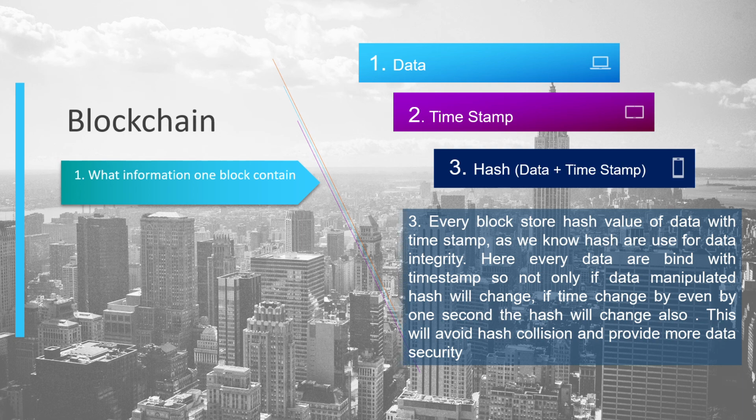So maybe I have a data, now I want to pass it to you. Now the data is very important. Maybe a company information I want to share with you. Now there is a chance some man in the middle attack can happen, and they may be able to tamper the data. Now what you can do is calculate the hash of the data, and share the data and hash separately. Now if the person is able to manipulate the data, you are going to verify the hash. If the hash doesn't match, then you can identify, okay, someone manipulated the data.